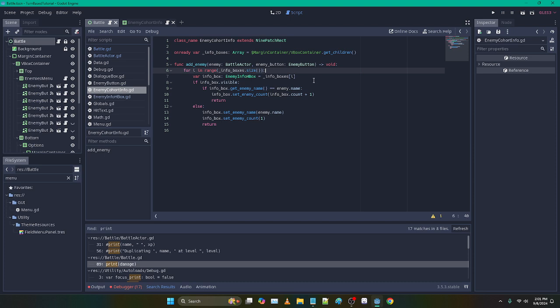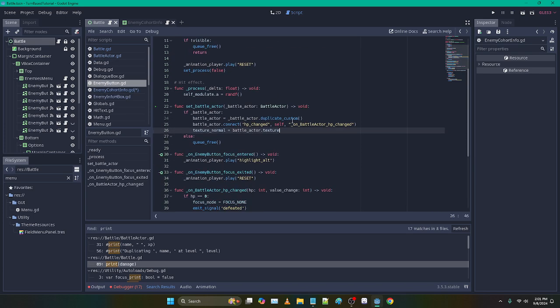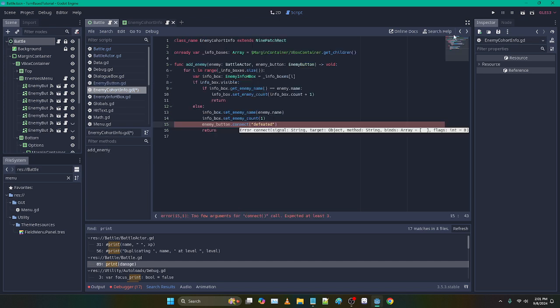And with that in mind, when we add a new enemy, we can connect. I think I have defeated, yeah. Not draw. I don't even know. Am I using that anywhere else in this? Yeah, I don't remember exactly where, but oh, in battle. So we connect defeated to the info box, and it's going to be on enemy button defeated,